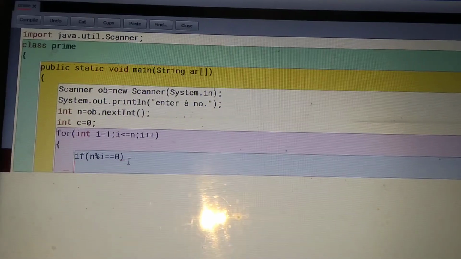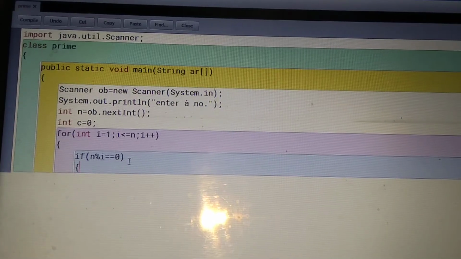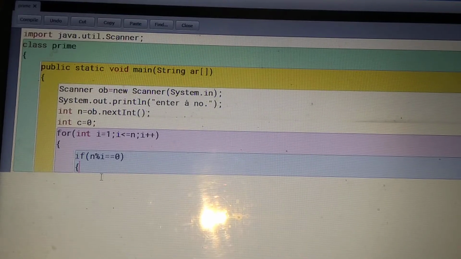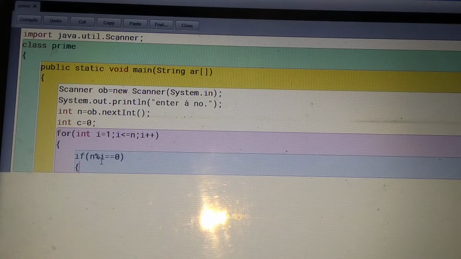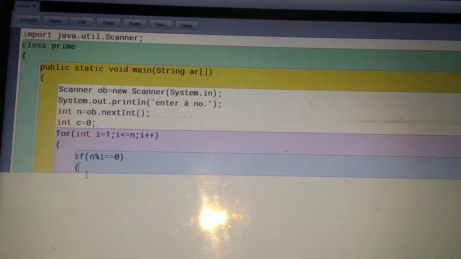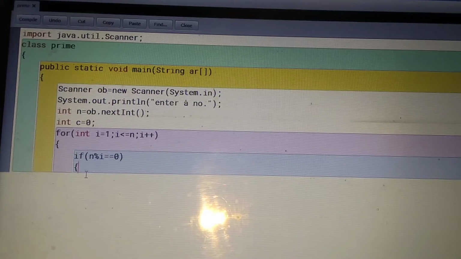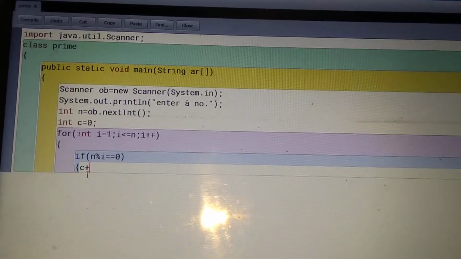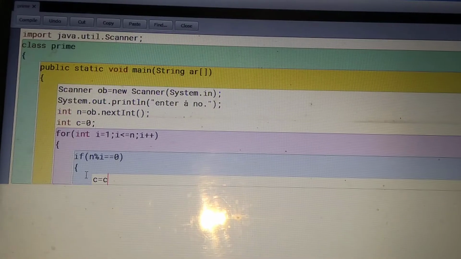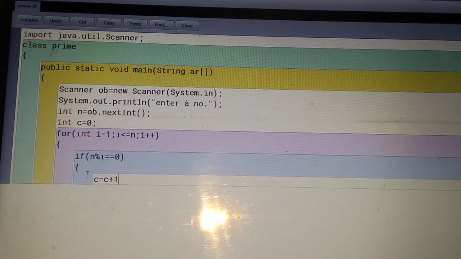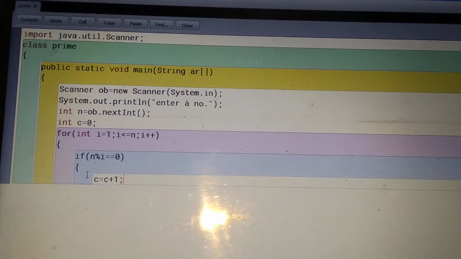If this condition is true, then C, the variable we took with value 0, we want to count how many times this condition is true. So here we write C plus plus, or you can write C is equals to C plus 1.